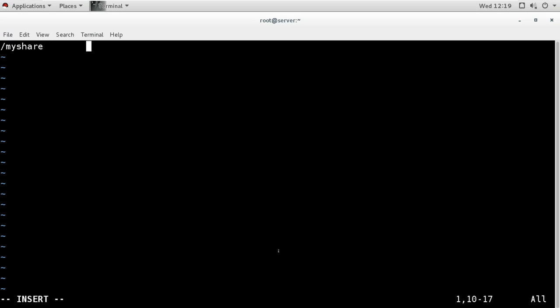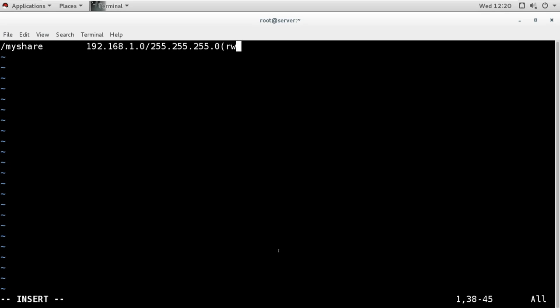Now here after a tab you can put your client information which you want to share with. First I will share it with the whole network. So for the whole network I will mention my network IP/subnet, and then whatever permission I want.